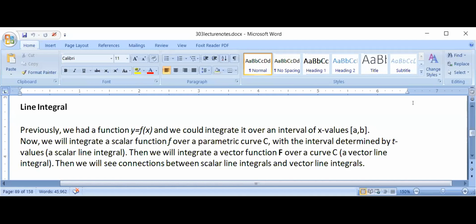First of all, we're going to take a scalar function f over a parametric curve c, and then we're going to integrate that over an interval determined by t values, since that's the parameter. And this is called the scalar line integral. What we're also going to do is take a vector function f, and integrate that over a parametric curve c, and that's going to be called a vector line integral. And then we're going to see what the connections are between these two things. So first,